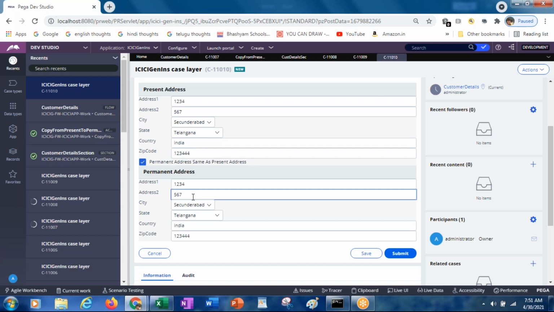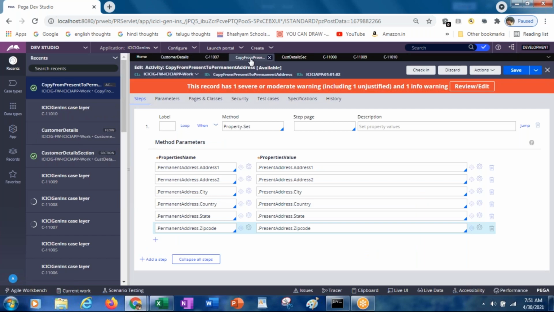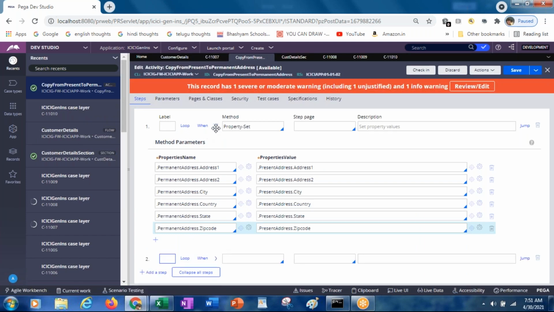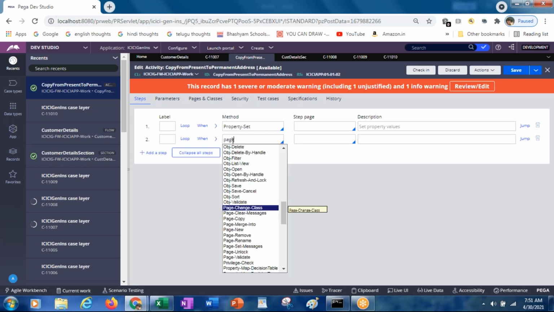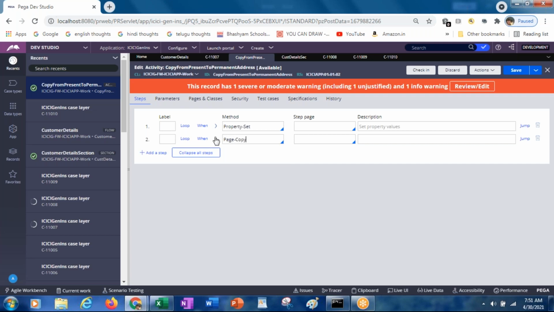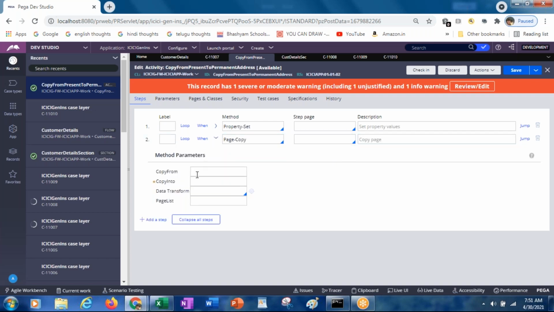So like this we can copy the values. Otherwise, as we said, there is another way. What is the other way? Instead of the property set, we can use the page copy also. Page copy means it will copy the complete page. What is the page we want to copy?